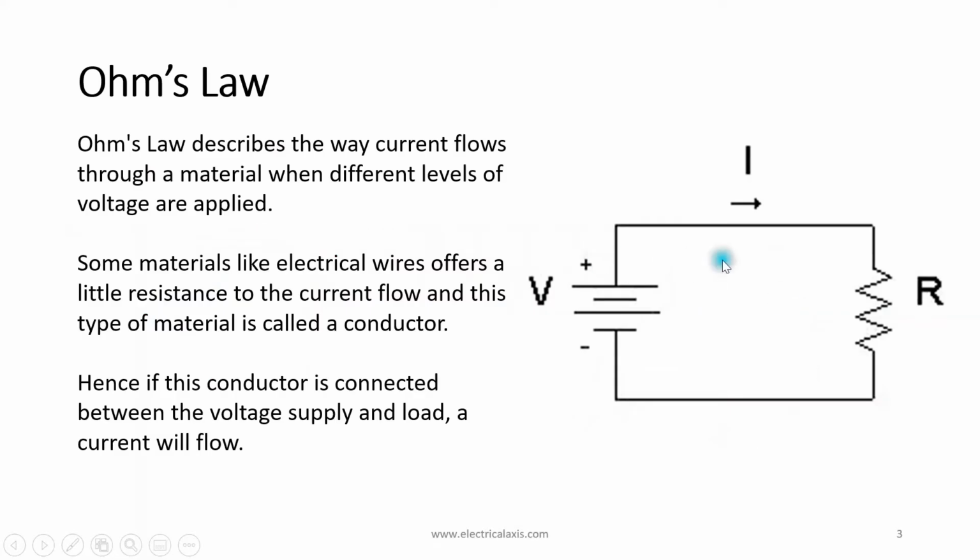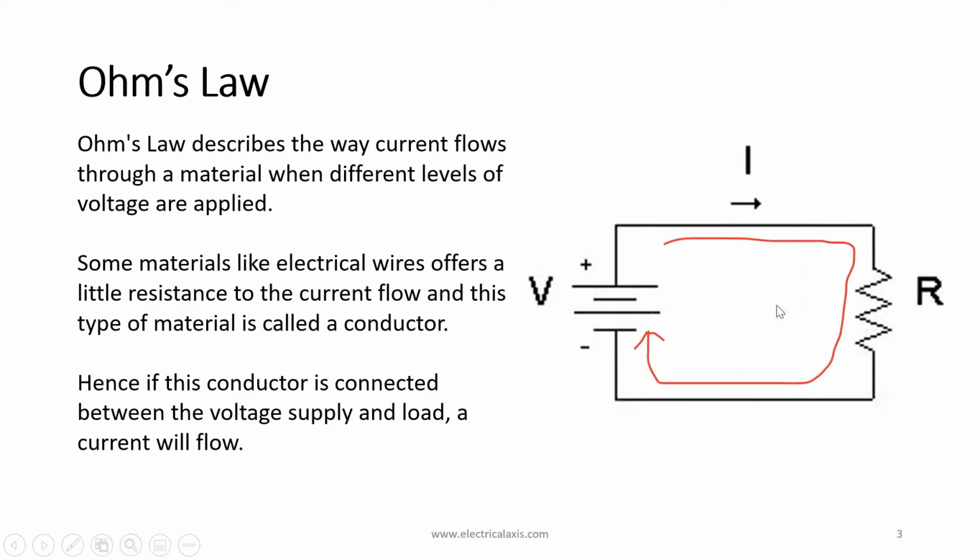Now, Ohm's law describes the way the current flows through a material when different levels of voltage are applied. Some materials like electrical wires offer very little resistance to the current flow, and this type of material is a conductor. Now, if the conductor, this one, is to be connected between the voltage supply and a load, then